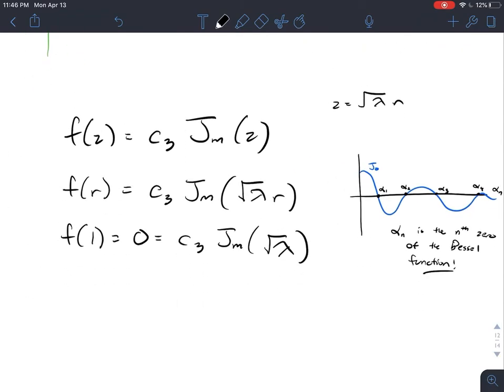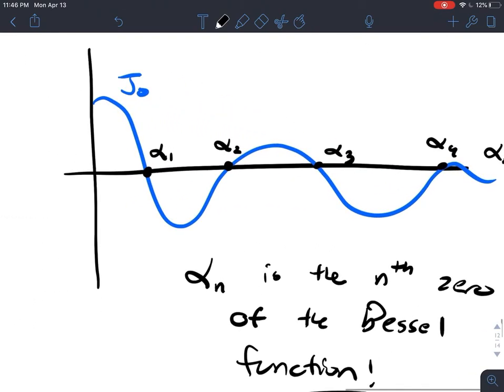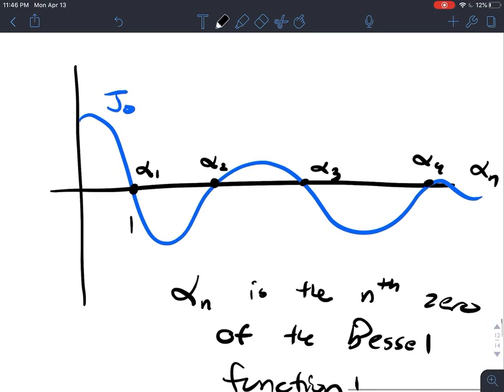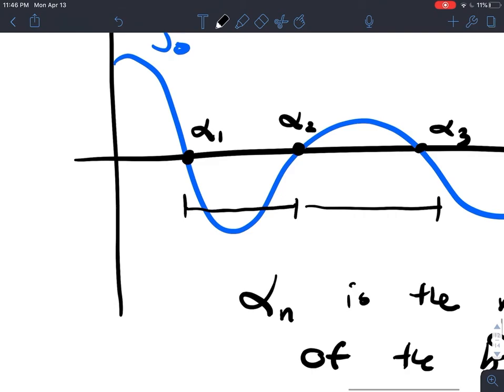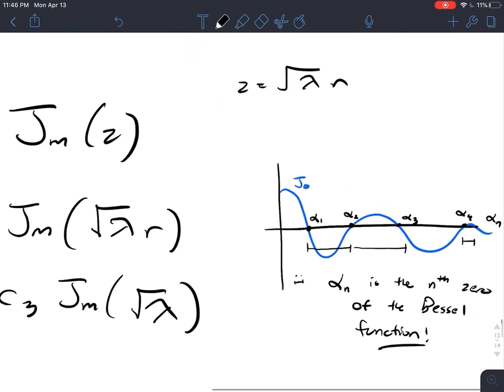So remember that when we're trying to find the zeros of the sine function, for example, they're evenly spaced, evenly periodic by some spacing n pi. Whereas for the Bessel function, these are clearly not evenly spaced. Like if I draw some quick arbitrary rulers here, we can tell that this second zero is longer than the first one. That may not necessarily be the case, but in my drawing it is. And like these two zeros are clearly very close to each other. They also kind of look like faces. But anyways,